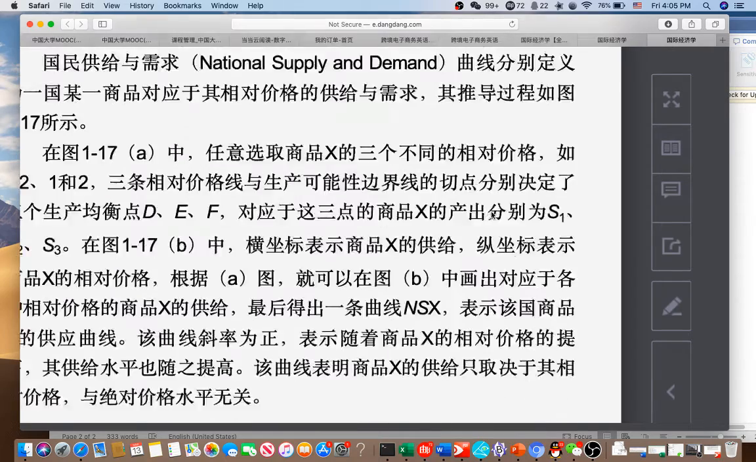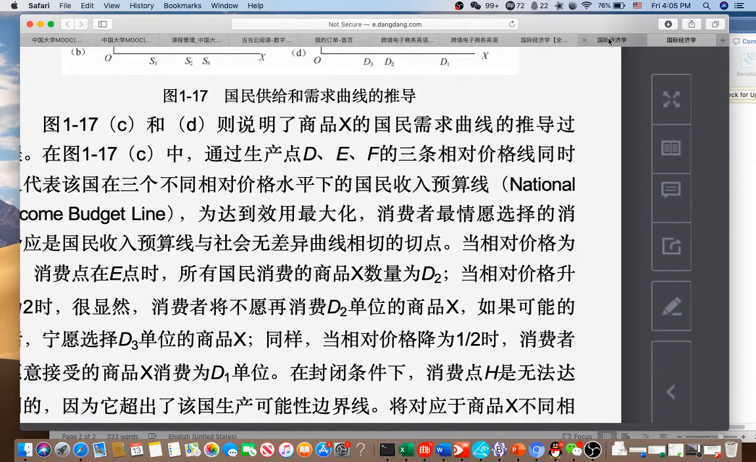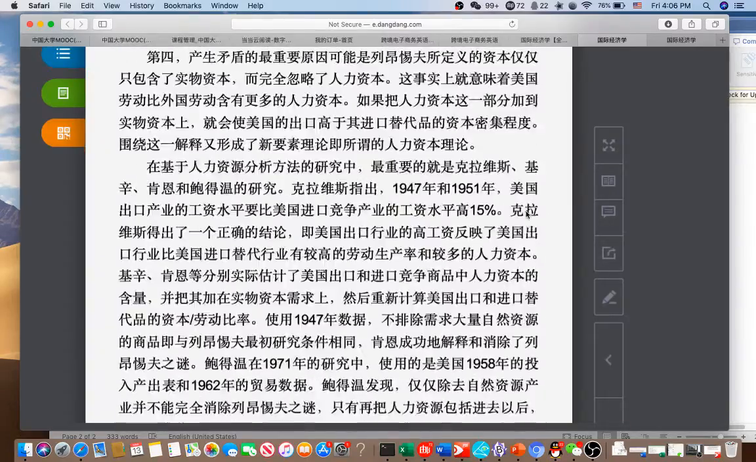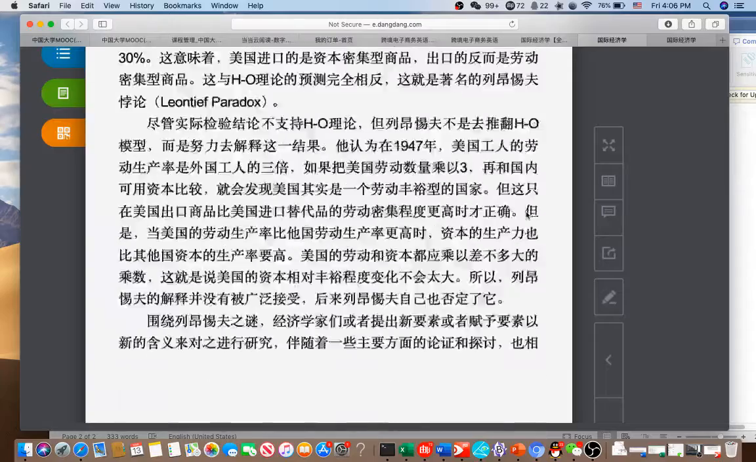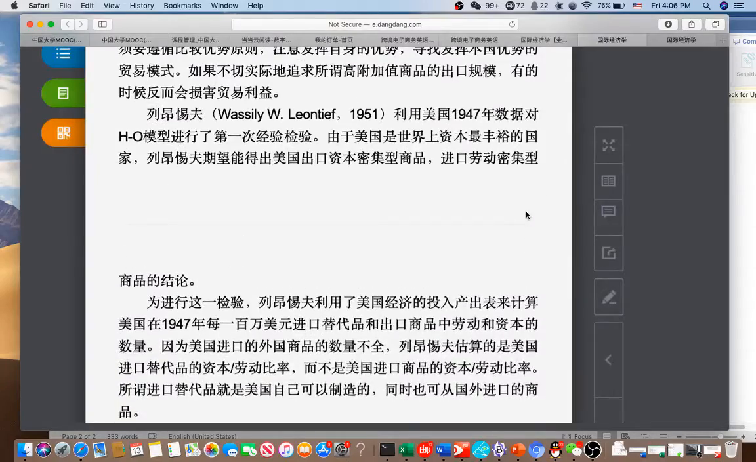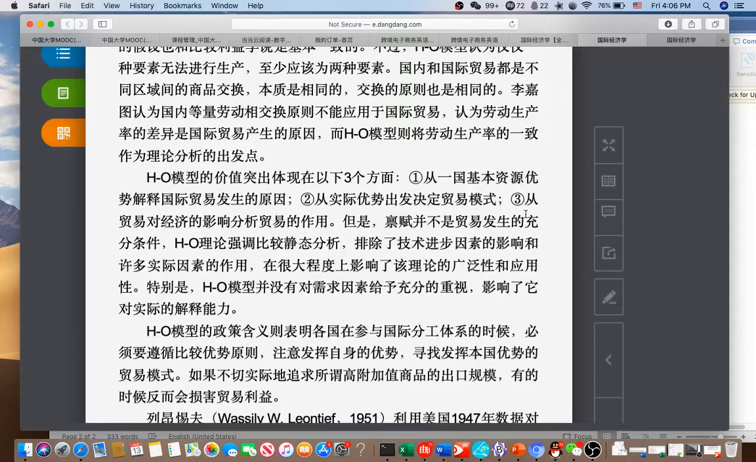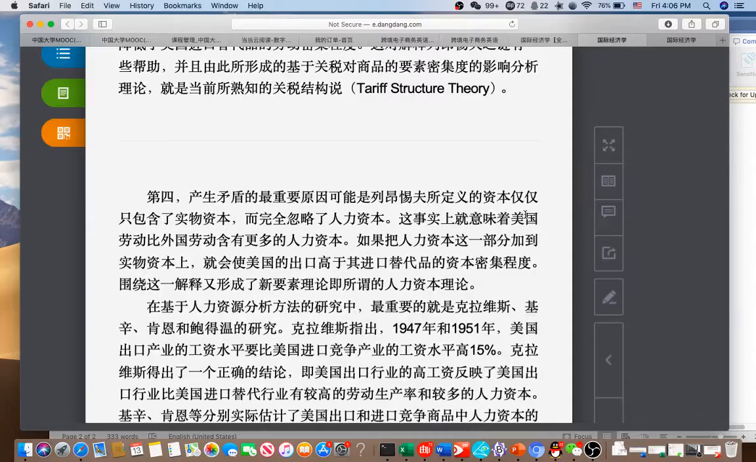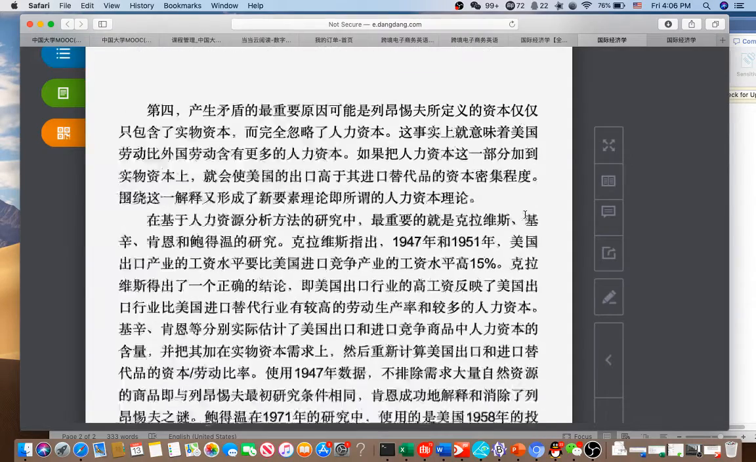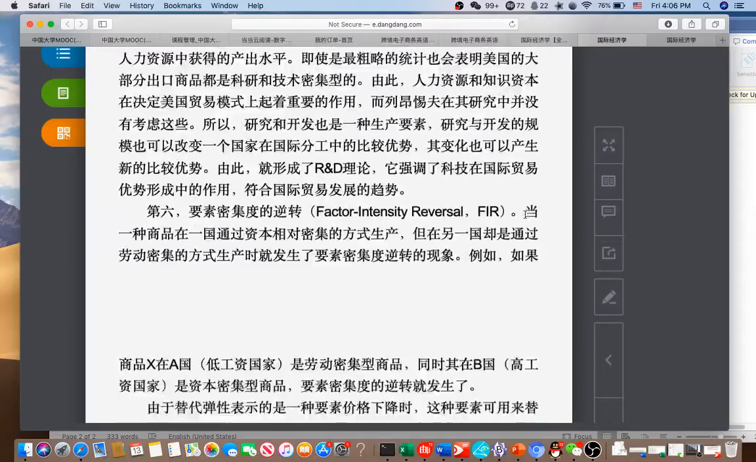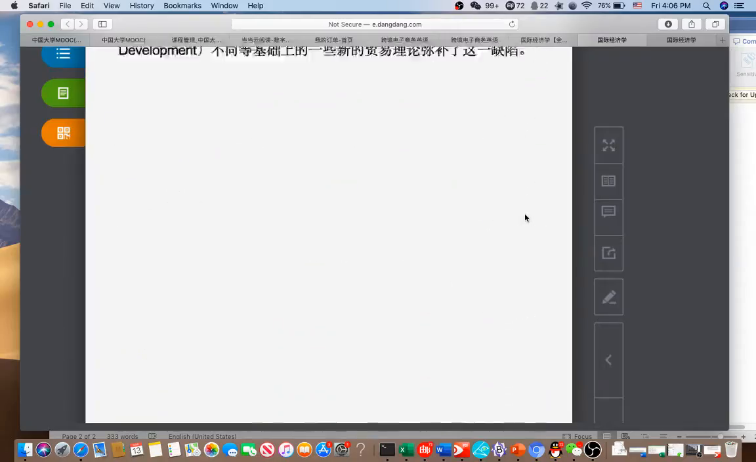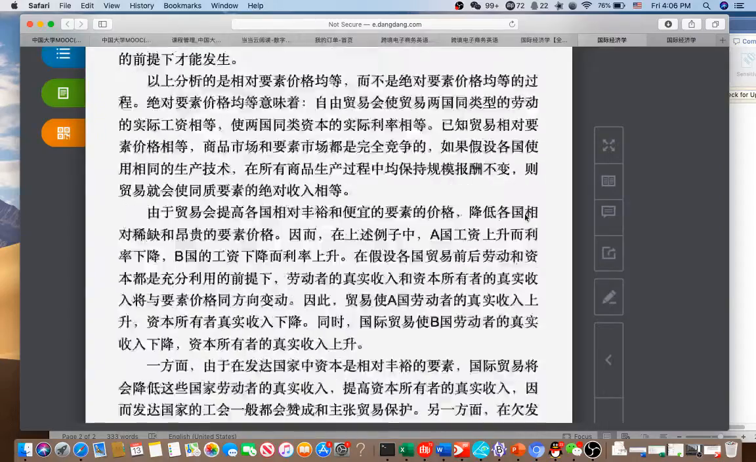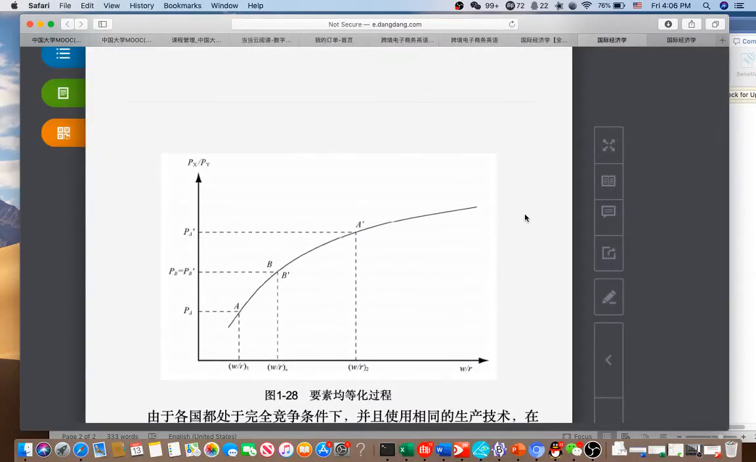That is pretty straightforward. The trade relative price convergence can be shown in this graph. That is